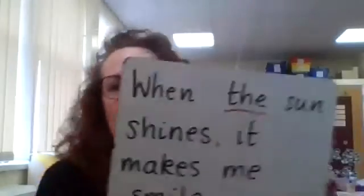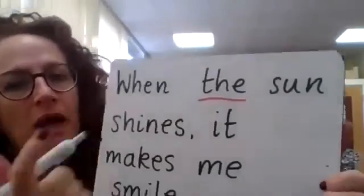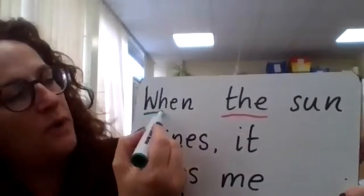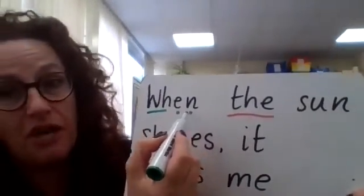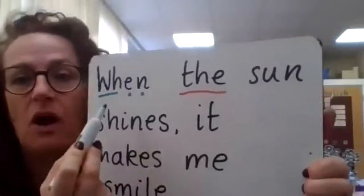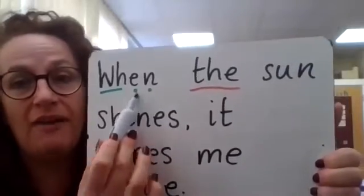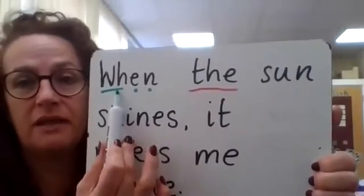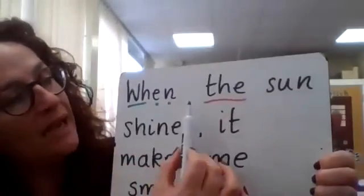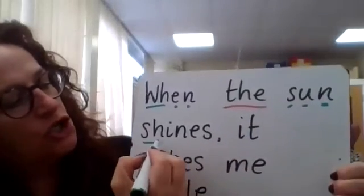Okay, I reckon we might be ready now to have a look at this sentence. So, here we go. I'm hoping this is one of your keywords from reception, although now it's not even a keyword because we know that the W and the H make a W sound together. So everybody should have this word spelt correctly. When the sun shines,